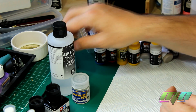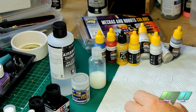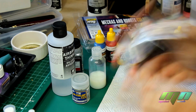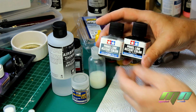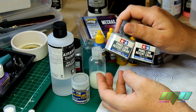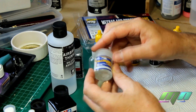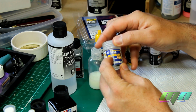Now I've been trying, you know, to get my glossing right, and that's because I want to start using these more, the Panaline accent colours. Now, I have used them in the past, and I've used them to great effect, but they didn't seem to work too well over an acrylic gloss. So I was doing my rounds on YouTube, and I saw some aircraft modellers using this stuff, and it's the